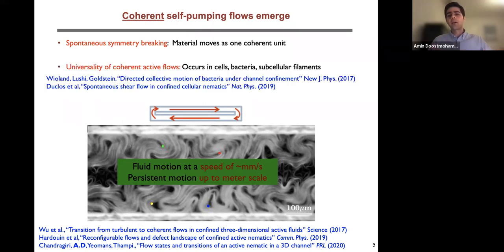What's also interesting about this is that it is kind of universal behavior. It also happens if you confine cells or bacteria: they also break the symmetry and they are able to do this kind of self-pumping. Now, with this very short introduction of the active material systems that I will be talking about in this talk,